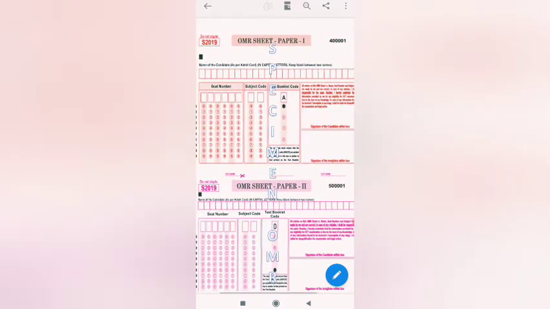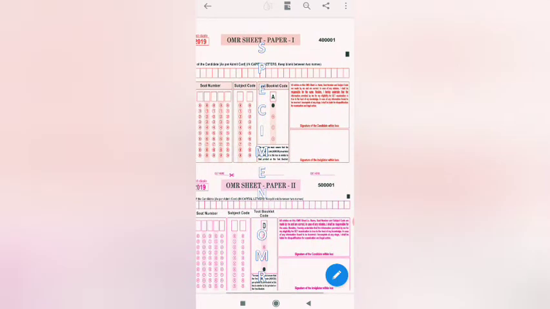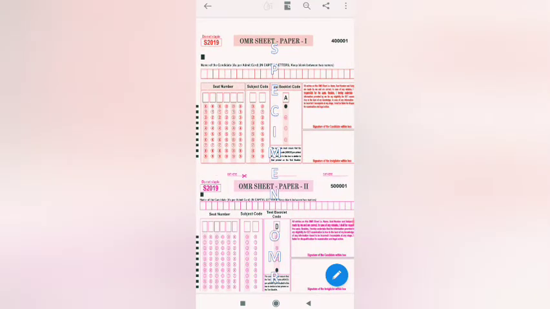Here is the OMR sheet. Go through the sample OMR sheet. This is paper one. You have to enter the name as per your admit card. You can skip one box in between the name,